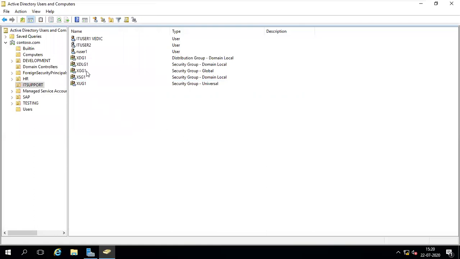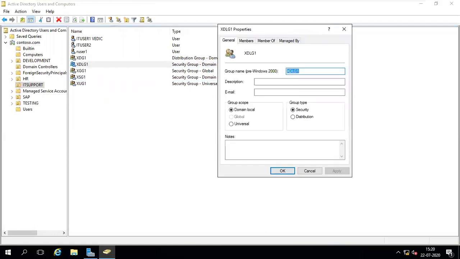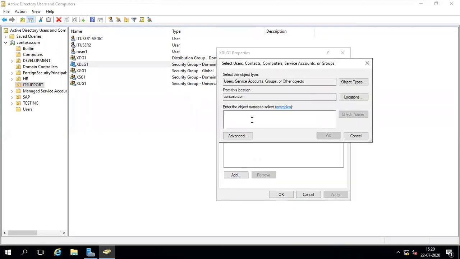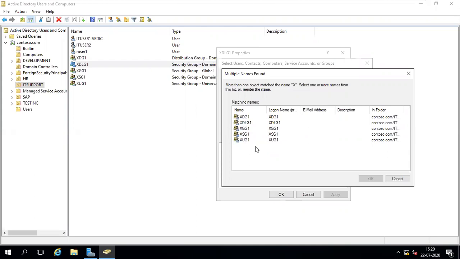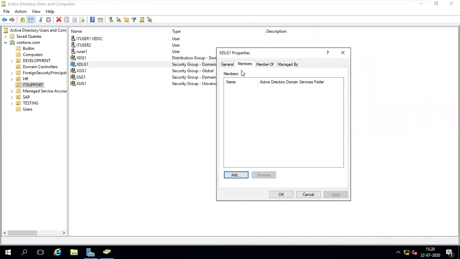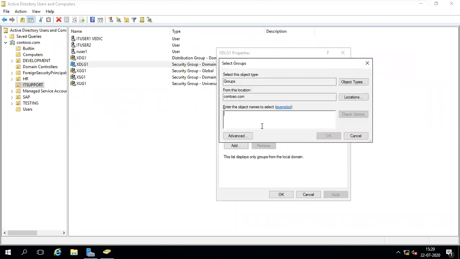We'll try. First of all, I'm going to DLG1. This is the DLG1 members. Add. I put X. Check names. Members means anybody can be a member. You can see this is UG, SG, GG, DLG, DG. Anybody can be a member of members, meaning in DLG, anybody can come. But in member of, DLG wants to be a member of another one.